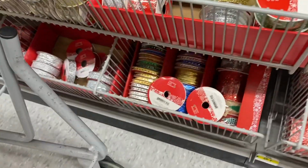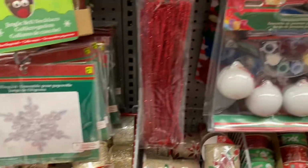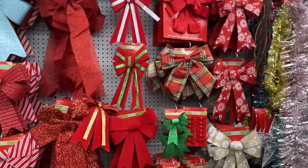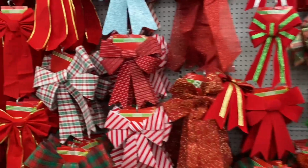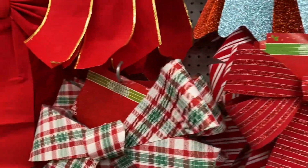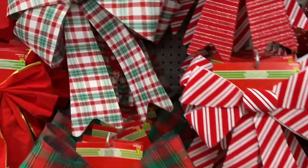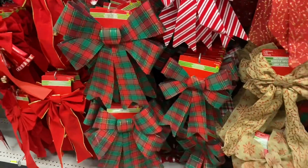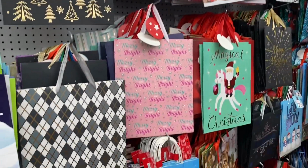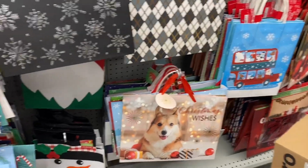So I checked one by one all the aisles, and I'm so surprised. This year they have really nicer stuff than last year. Every time I go and check what's new, and the bows are awesome. This year the Christmas theme is maroon Christmas bows or the green ones, so they have a ton of selection. I checked all the Christmas bags,